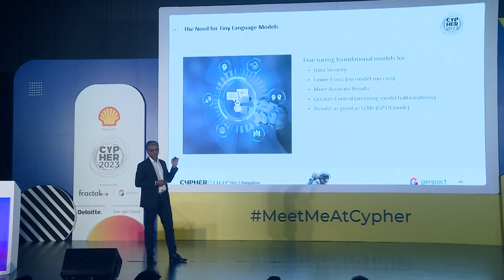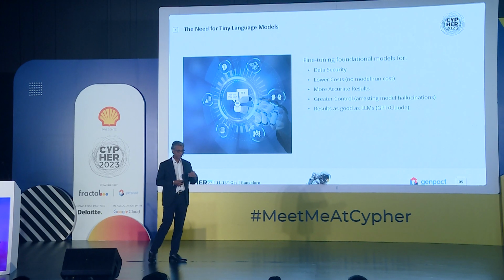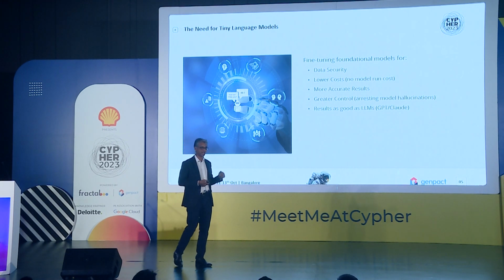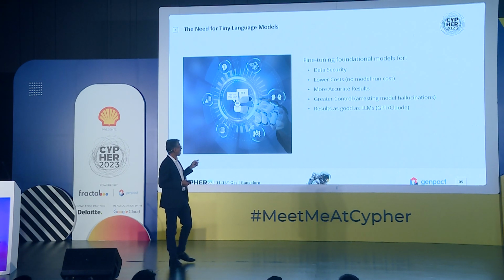And with a large language model, you give the prompt, you get the results. After that, what will you do? If you want to improve, and if there is a drift in the data, will it automatically identify and change the prompt? No, it cannot do that. But in a tiny language model, if you create a feedback mechanism, we can still do that. And